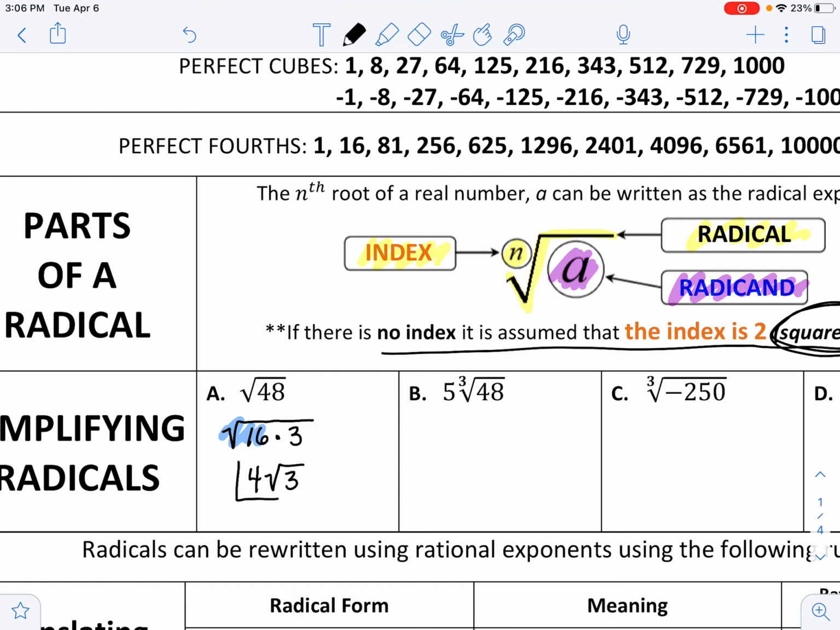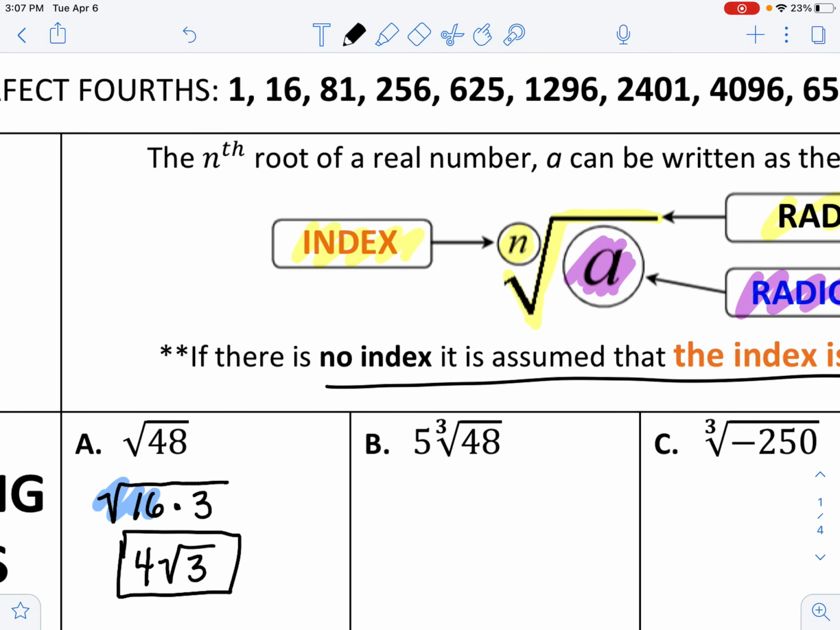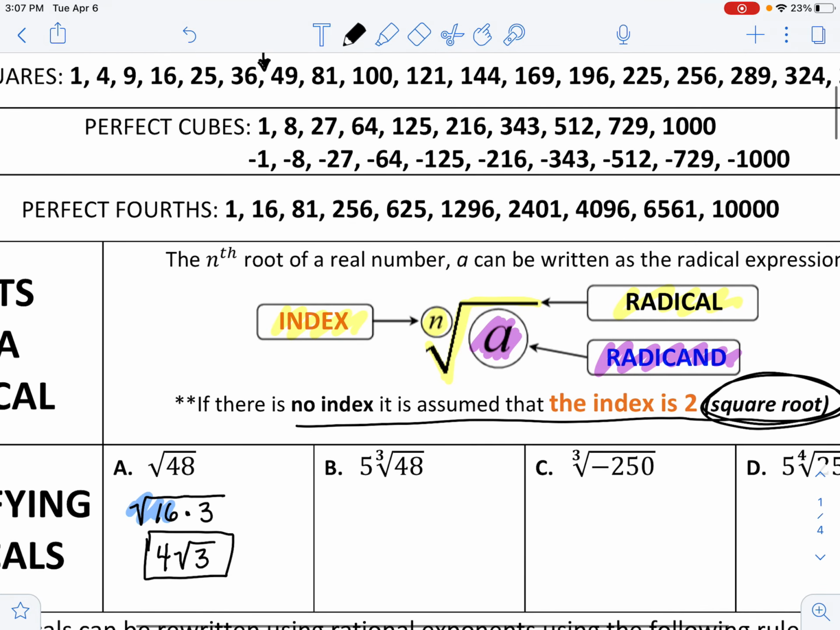So your simplified answer for square root of 48 is 4 square root of 3. Now, cubed roots work the same way. You just have different numbers that are cubes. So this is 5 times the cubed root of 48. So looking up at your cubed root list,